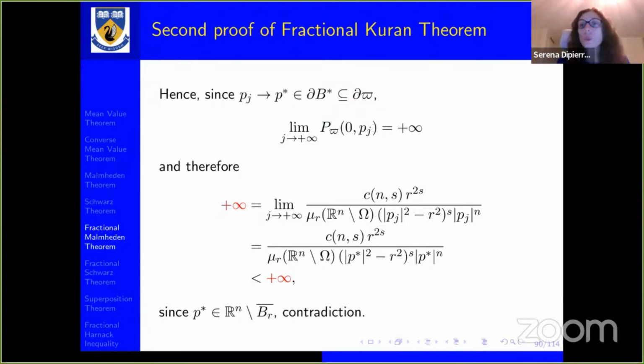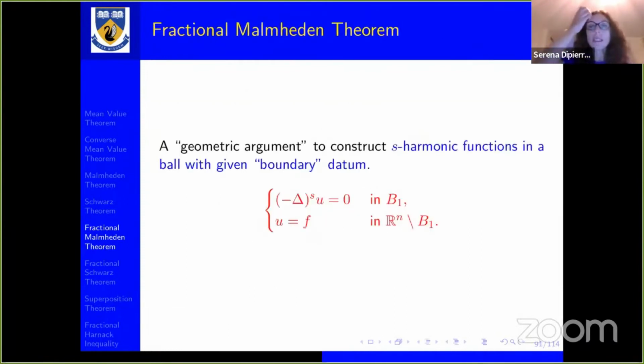Okay, so we have two proofs of the Courant theorem, and so I think we can consider ourselves pretty satisfied with this theorem. And now the next step at this point is the fractional Malmheden theorem. So I want to see whether I can obtain,